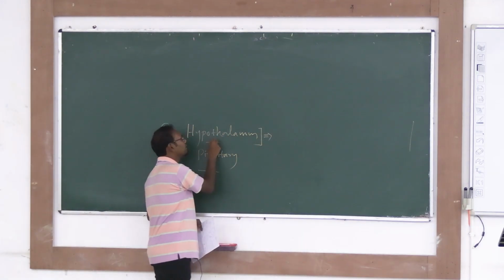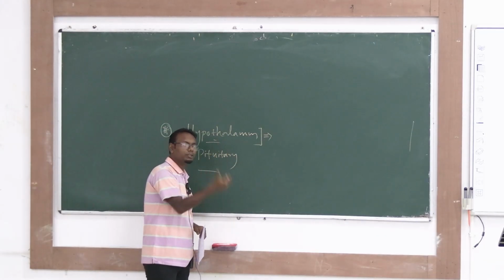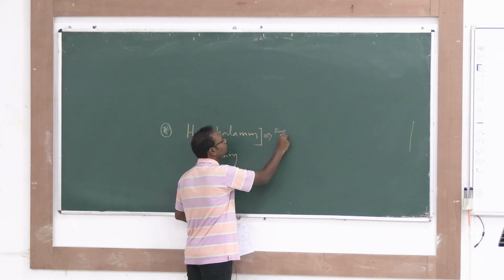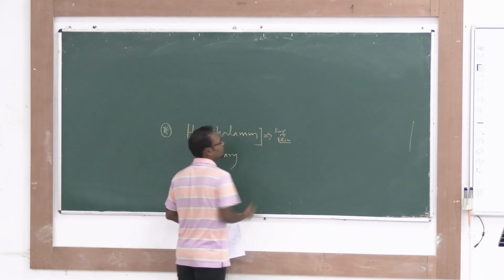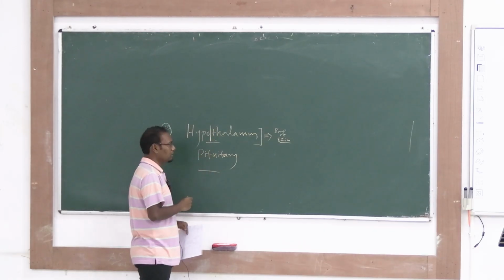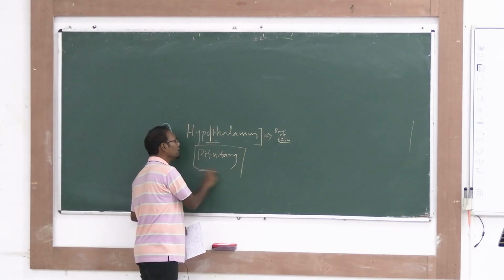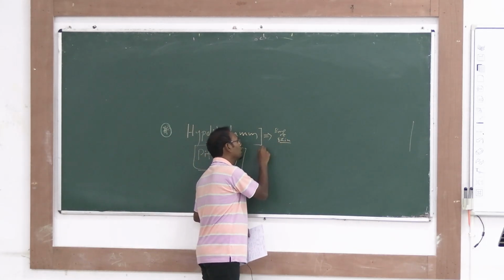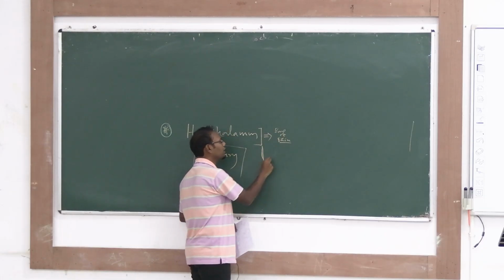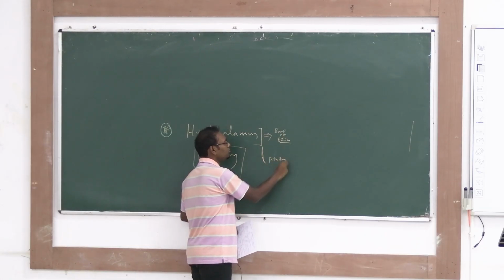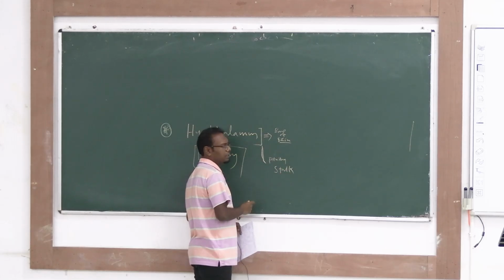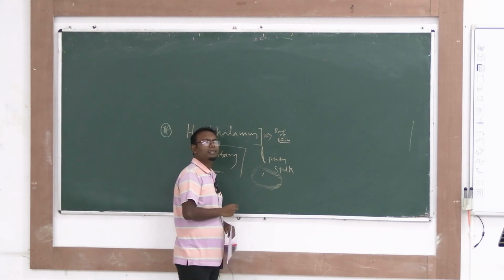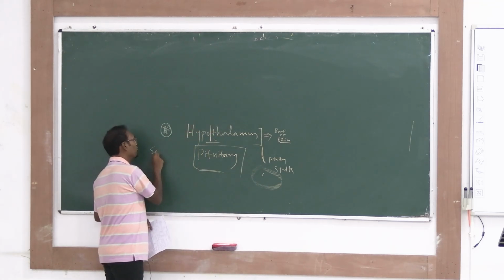Hypothalamus, by its name it's evident that it's present just below the thalamus in the base of the brain. Look at the name, hypothalamus. Next is pituitary. Pituitary is a very protected gland. It remains below the hypothalamus with a connecting stalk, called the pituitary stalk, and it is present inside a bony cavity in the sphenoid bone. What is the name of that cavity? Sella Turcica, that you all know.